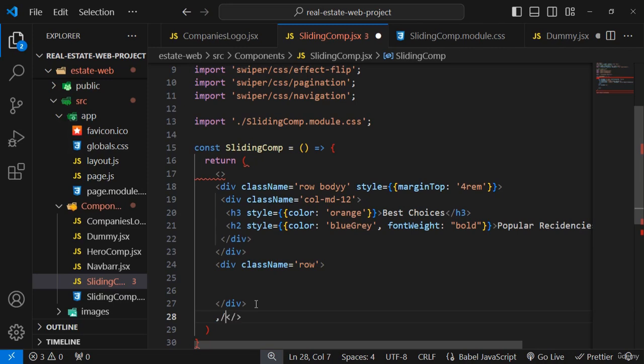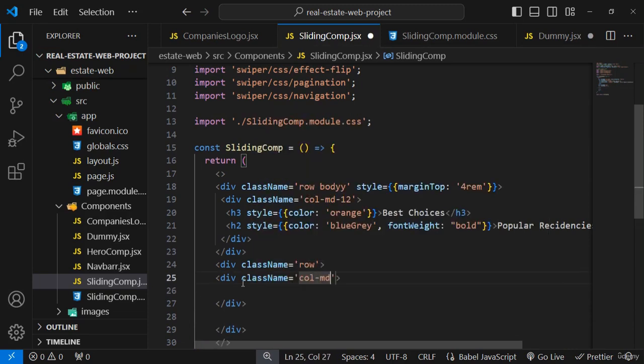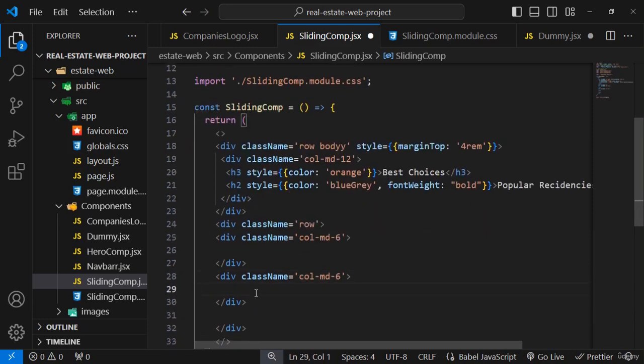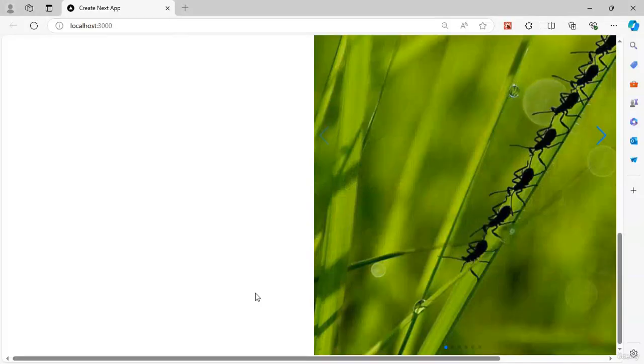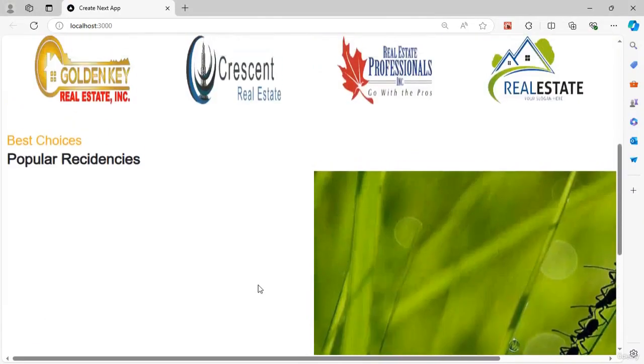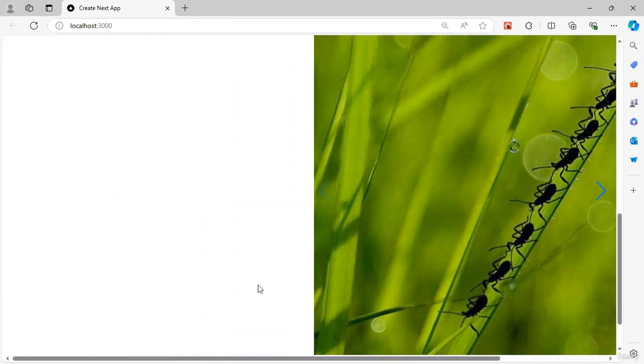I'm just going to type here React fragment, className column medium device 6, and again I am going to take here className column medium device 6. Now if I save it, move to the output, and you can see we have such an output,